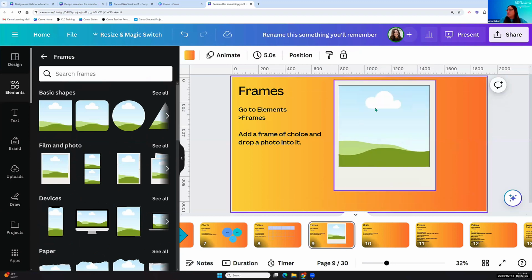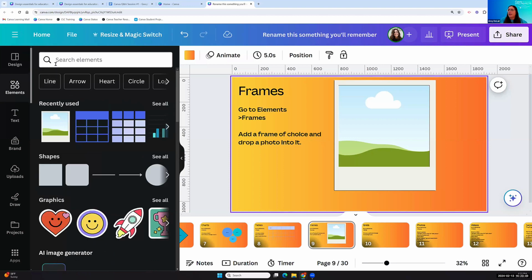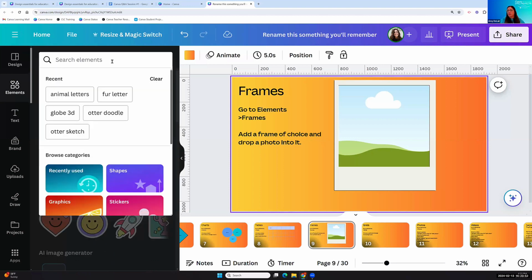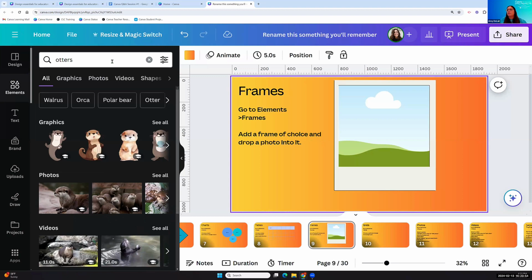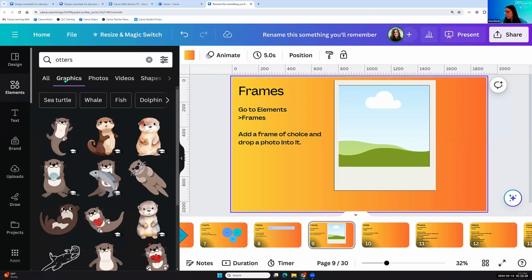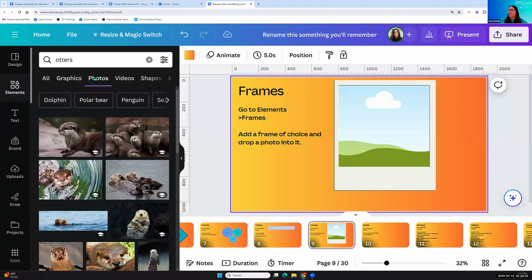So again, if you delete a photo from a template and it has this kind of cartoony cloud with this horizon scape, that's telling you that, hey, there's a frame that's a part of this template, and you can just drop a photo or a video and it will crop it into that shape. So I'm gonna go back, and I was looking for otters. So I'm just gonna select a photo. Remember, a